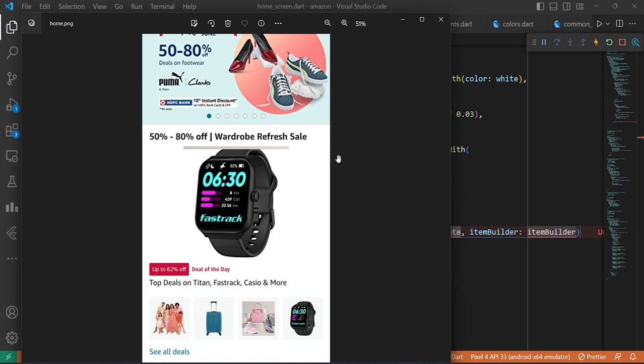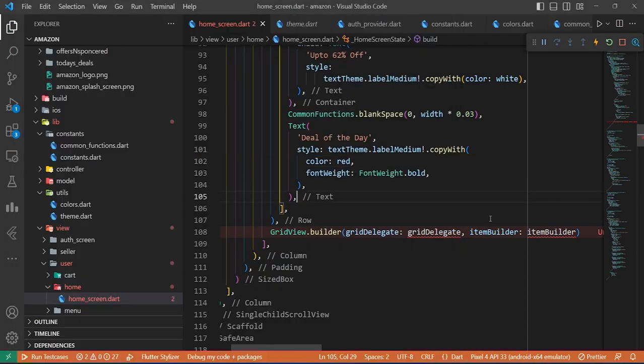Like it will be 4 by 4 by 4 by 4. It is a combination of rows and columns. In a list, you can go with only row or column. Since here there are 4 things, the good thing in grid view is that it basically divides the entire screen width. For every child, the width is going to be the same. That's the reason. Item builder, I'm going to give